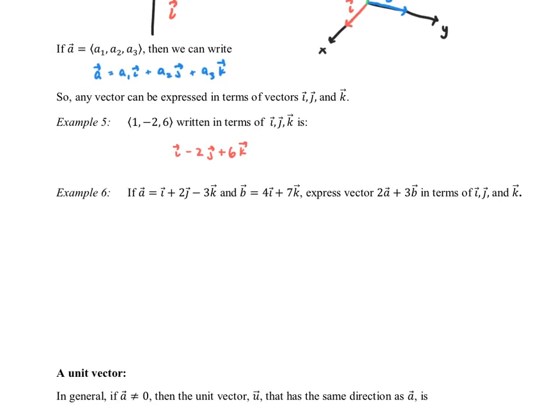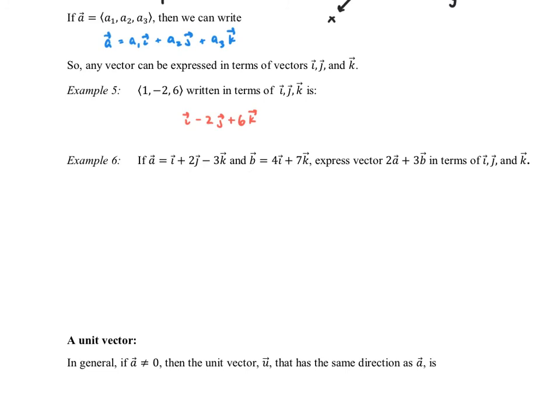Okay, in example 6, we have a and b, and we're going to express the scalar multiplication of each of those and the addition of them in terms of i, j, and k. So what we have then is 2 multiplied by i, 2j, and -3k. And then we're going to add 3 times 4i plus 7k. Now, in this case for b, obviously j is not represented in the notation there, and so if you were to write it in the first notation that we had practiced, it would look like this,